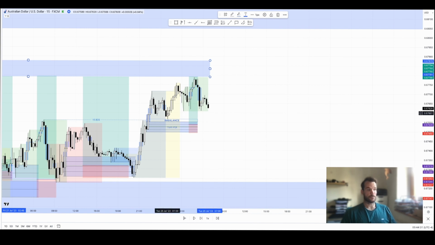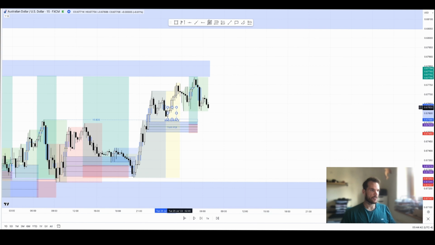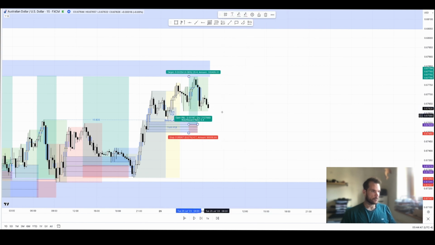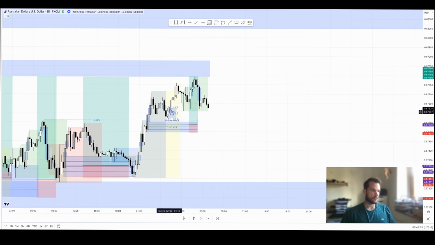So this one did hold. Interesting. It's not quite hit our target though. So I'm wondering, I'm going to leave this just tucked out here. So it could have been a little play. It was really respected. I guess we had the sweep. Maybe there's even on slower time frame some imbalance, but